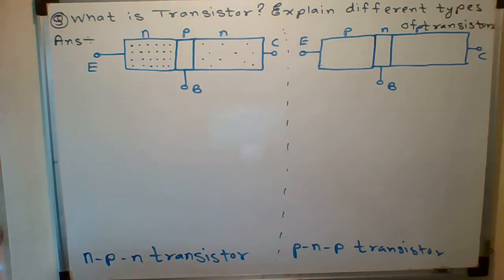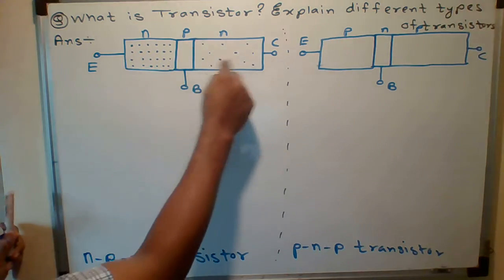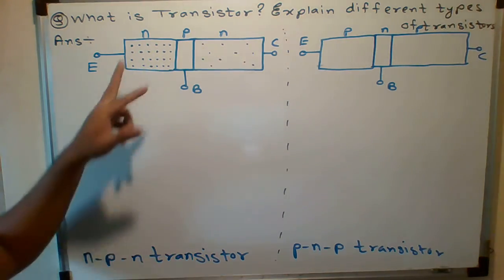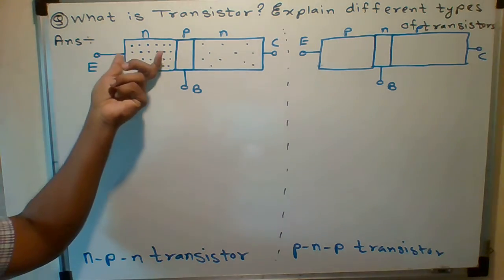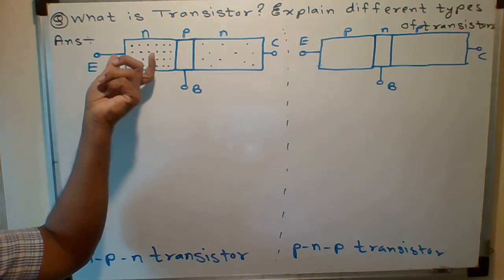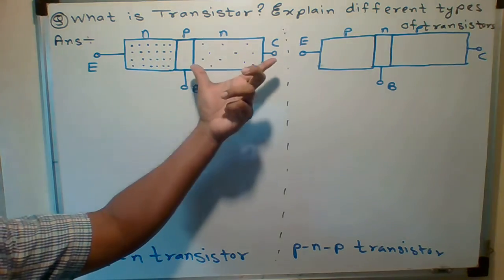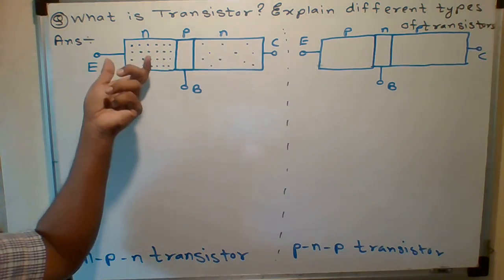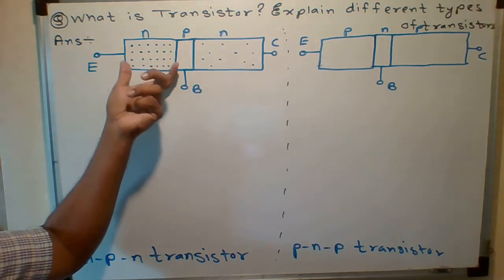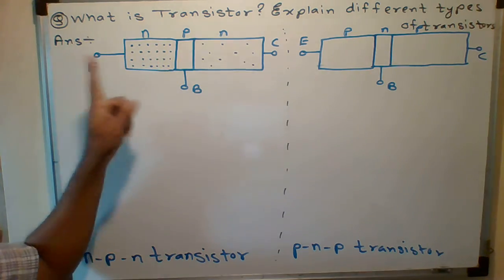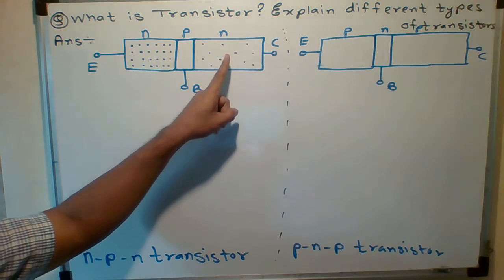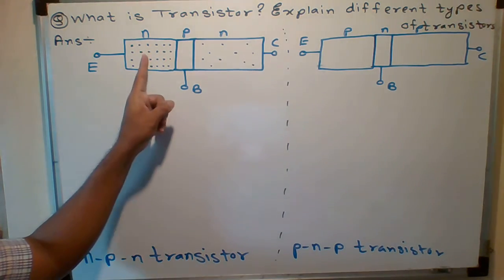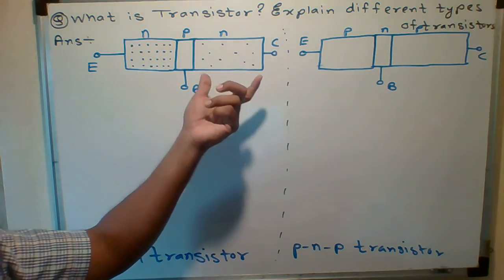Now you are asking, sir, this area is smaller than this area, but this is highly doped. Doped means the number of majority charge carriers is more than in this collector region. Though the area is smaller, it is highly doped. The number of majority charge carriers is more in the emitter. Remember, students, here the number of majority charge carriers is smaller than the majority charge carriers in the emitter. Okay, the collector always has a smaller number of majority charge carriers.